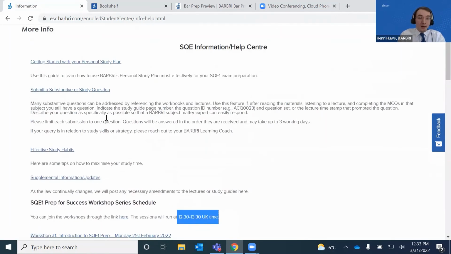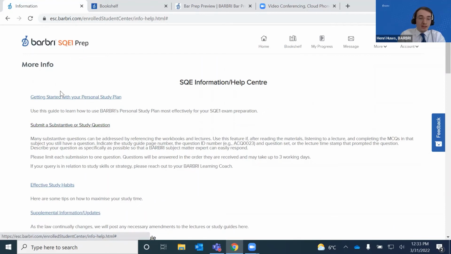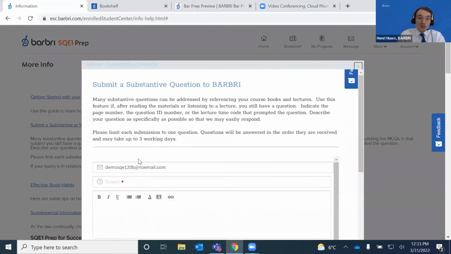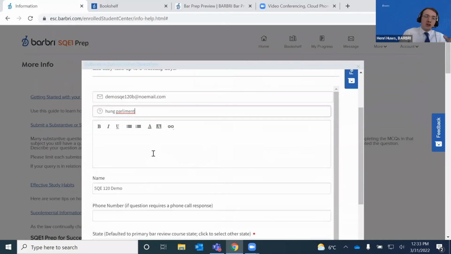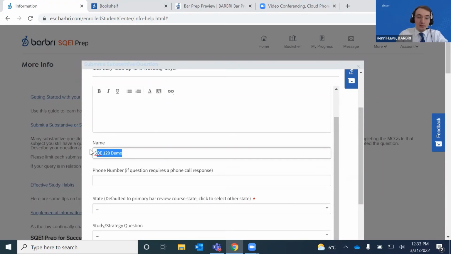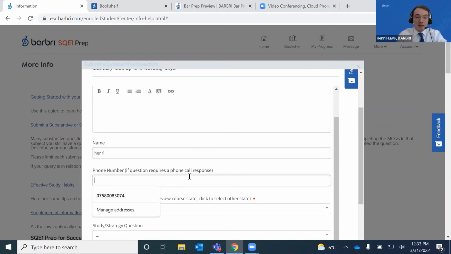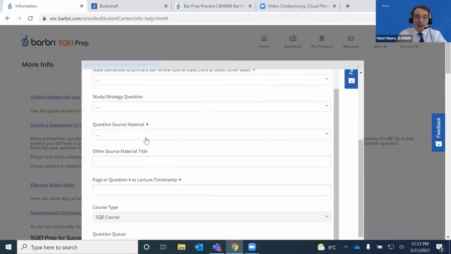Okay. Over here, substantive question to BARBRI. So let's say, like I said earlier, you were looking at a hung parliament, and you looked at the reading material. You weren't quite sure. You did a note on it. You circled it with a pen or whatever. What you can do is put your name in here. I'll just put Henry. You put your phone number in there, and then